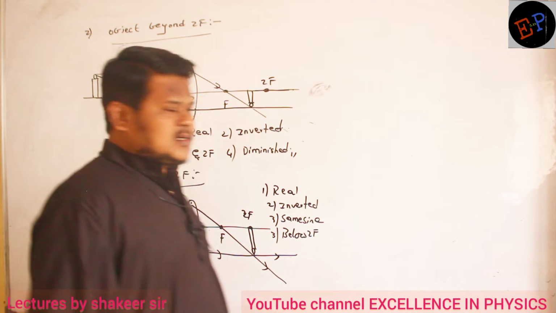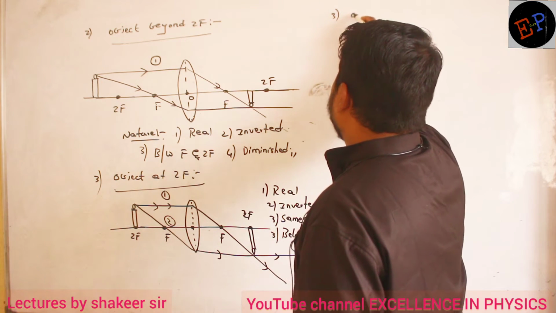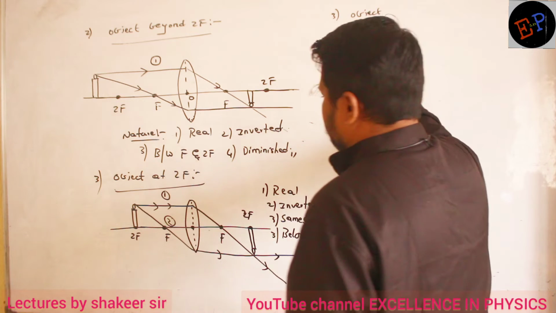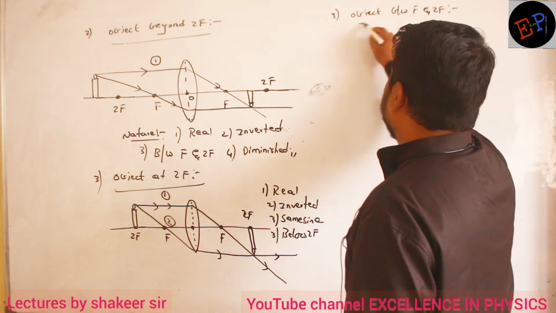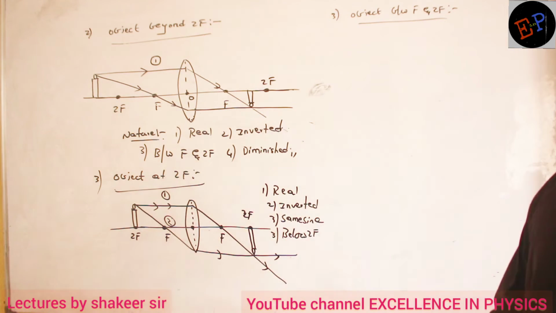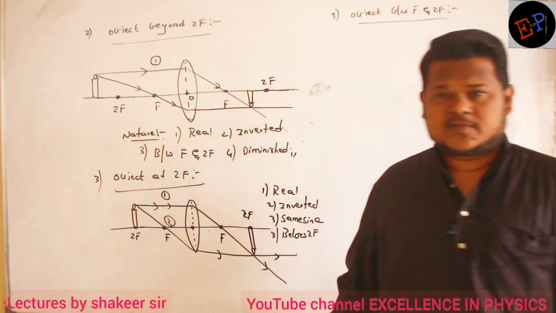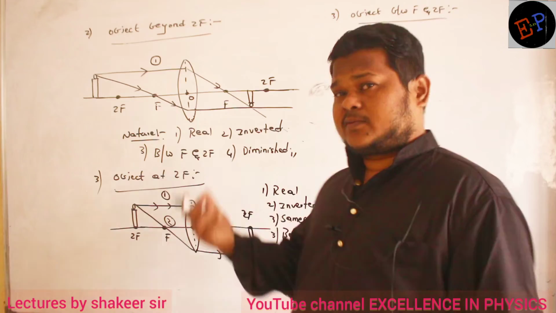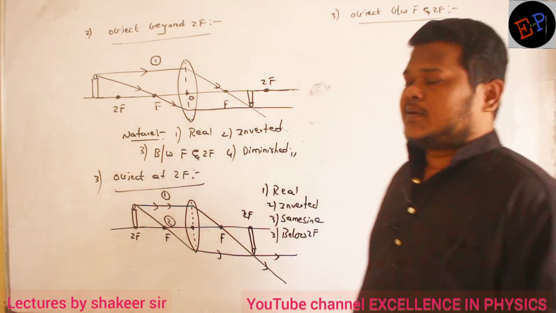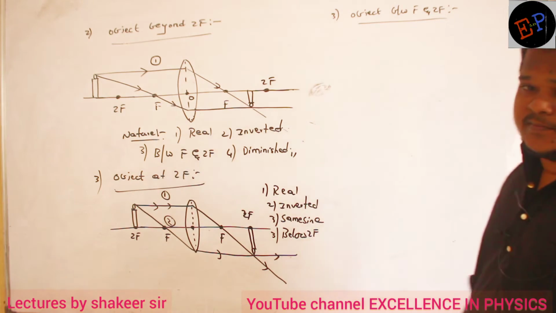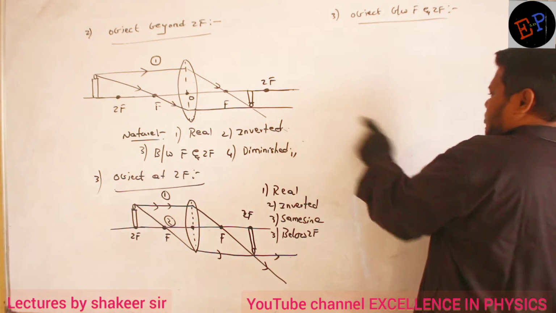Similarly, draw the other two diagrams, ma'am. Third one, object between F and 2F. So this is equivalent to the object being present between the focus and radius of curvature in the case of curved mirrors. Then, there the image was created beyond 2F. And it was a magnified image and a real image. Now see whether you get the same characteristics of images or not.